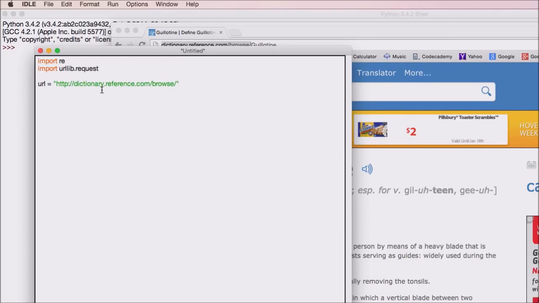Cool. The next step we need to do is take input from the user. So we're going to say word is equal to input, in brackets, "Enter your word", and a space. Now let's make our URL up to date. So url is equal to url plus word. Then let's get the data. So data is equal to urllib.request.urlopen, and then open our url,